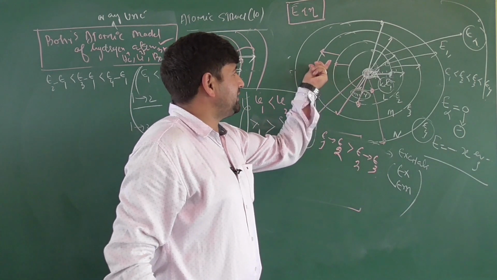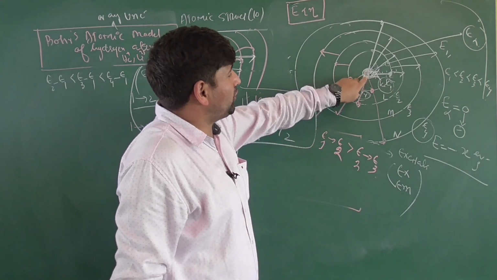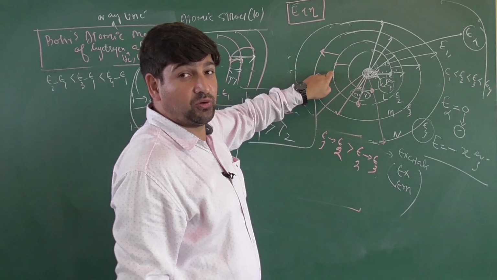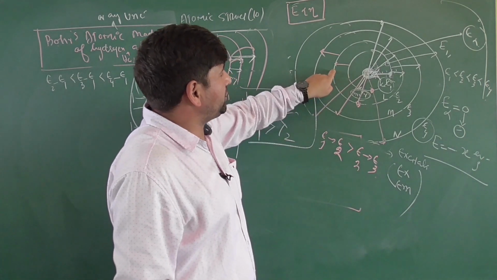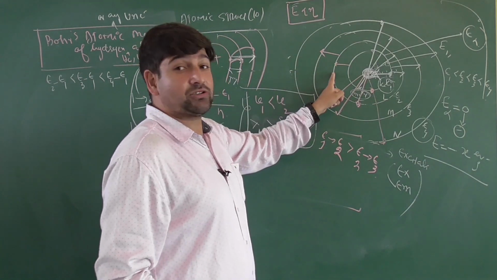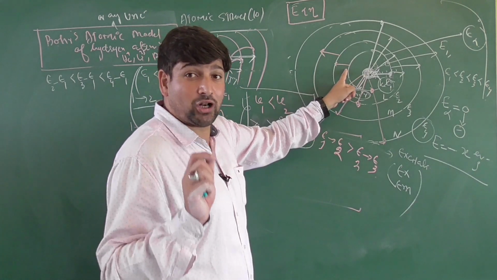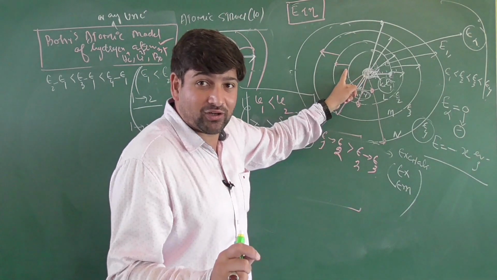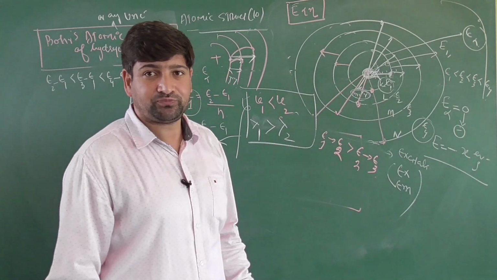Although the energy level difference between the two is only 1, energy level 1 is close to the nucleus compared to energy level 2. So you need more energy to remove the electron from E1 to E2 compared to E2 to E3, because E2 already has less stability compared to E1. Thus the energy required to shift an electron from E1 to E2 will be more compared to E2 to E3.